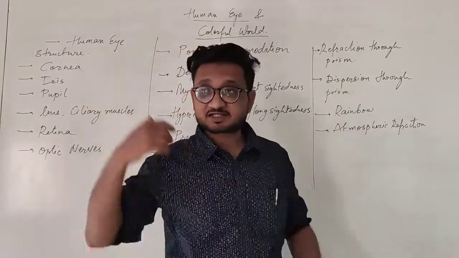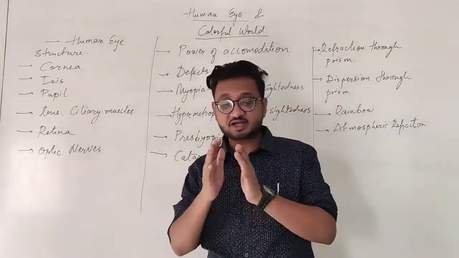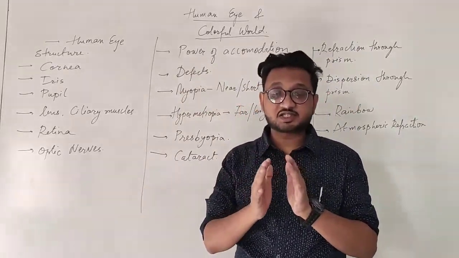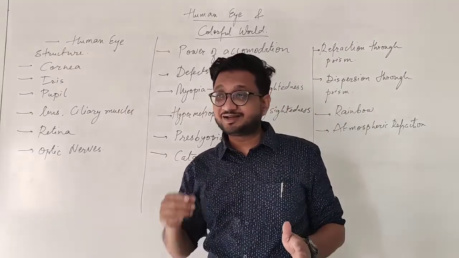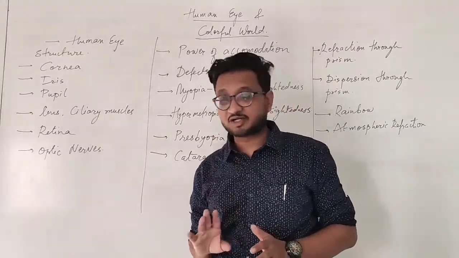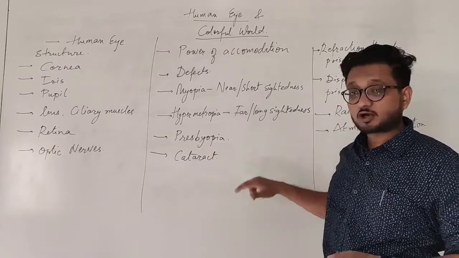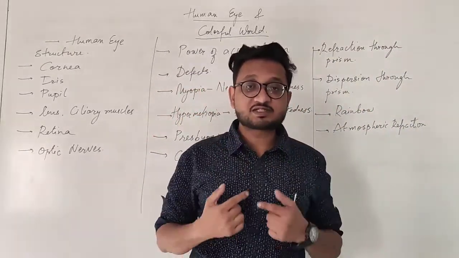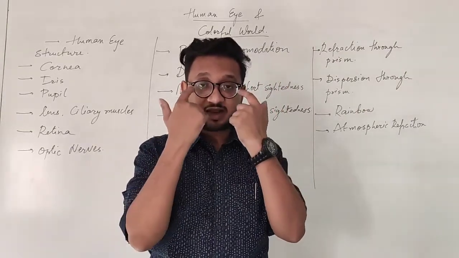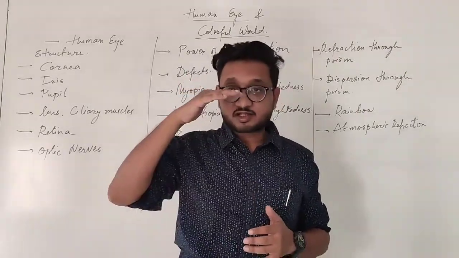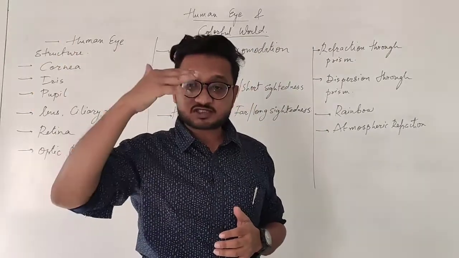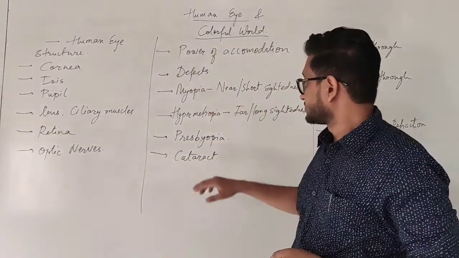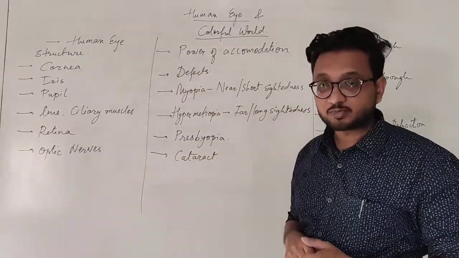That means they can neither see far away objects nor nearby objects. The natural lens is in such a position that it cannot change its power completely. It is fixed at one single point, and that is why such a defect is called presbyopia. You might have seen very old people having bifocal lenses. They have a small circle or a line in the center of their glasses, where the top portion is for looking at far away objects and the bottom portion is for reading newspapers and magazines. Okay, so those types of defects are called presbyopia.